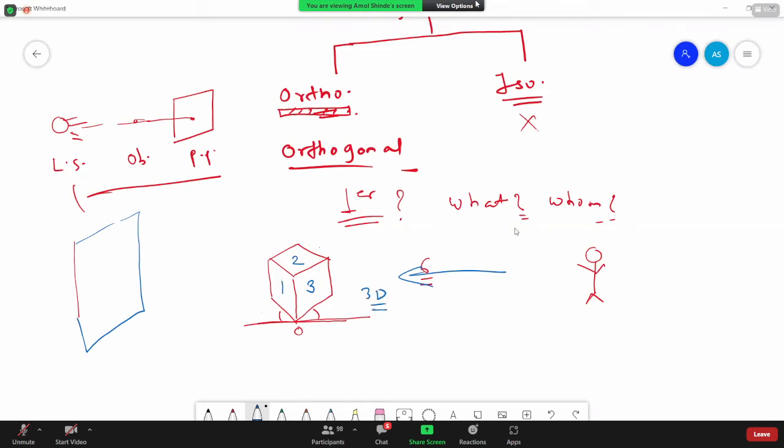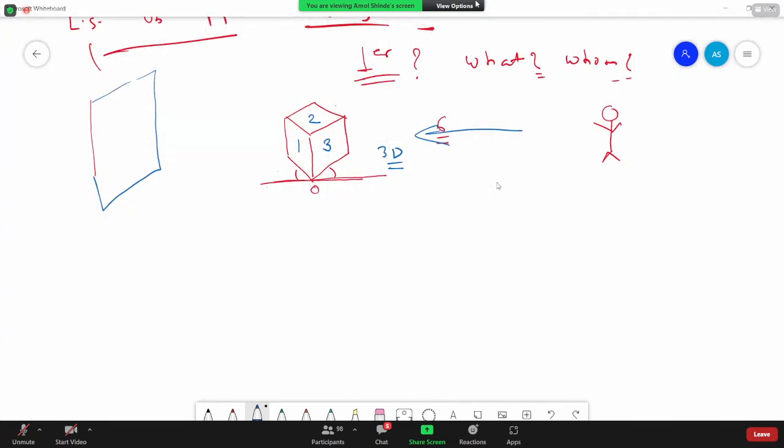Now, out of these three faces, I want only one face. I want to see only one face. When is it possible? Suppose out of these 6 faces, I want to see only one face. When is it possible? Top view. It is possible when